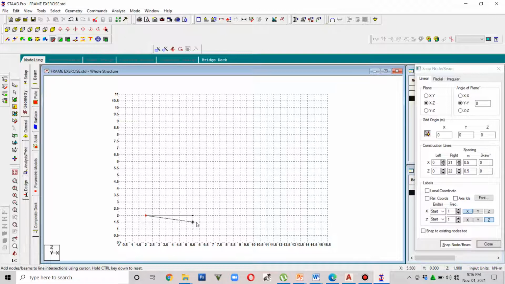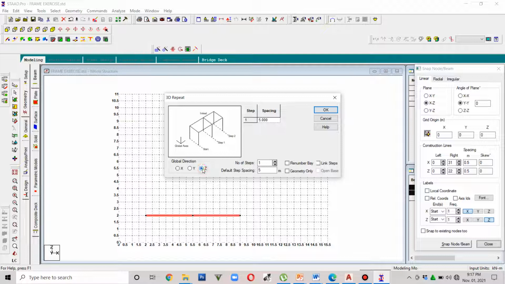Yan. And then i-create mo rin yun, 3.5 din yun. Okay, snap node beam hanggang 3.5, say 1, 2, 3.5. Okay, so dito I'll just select these members